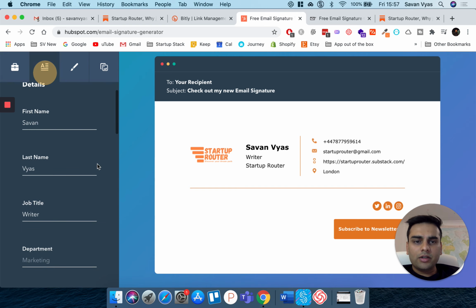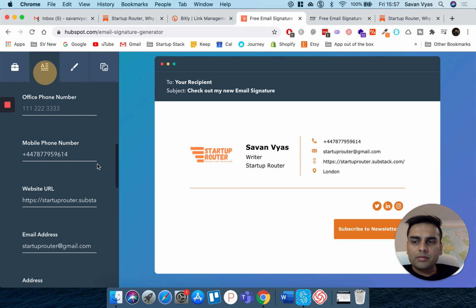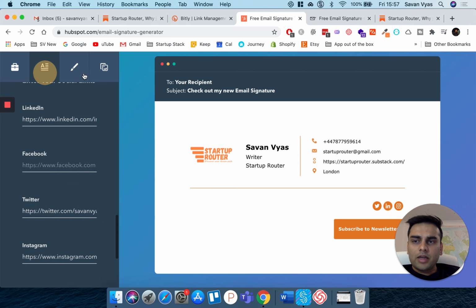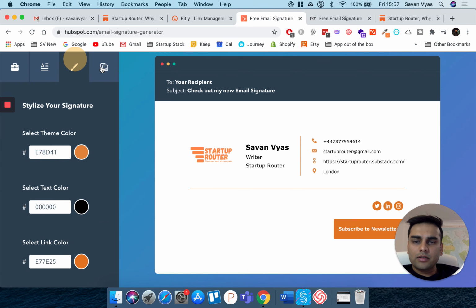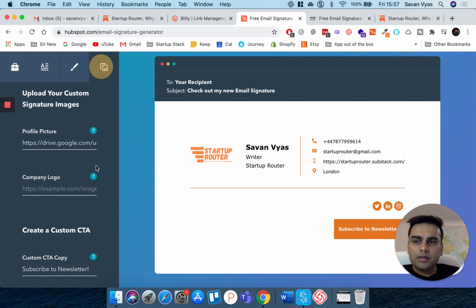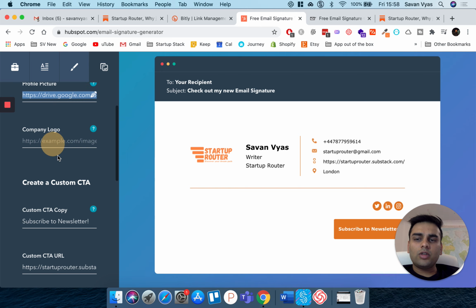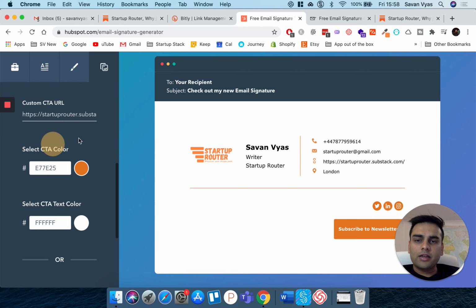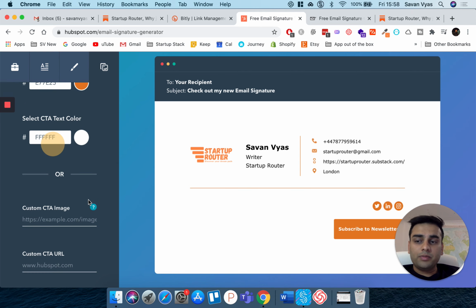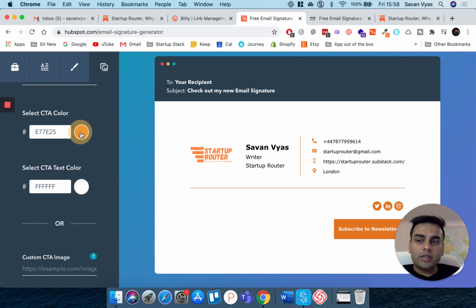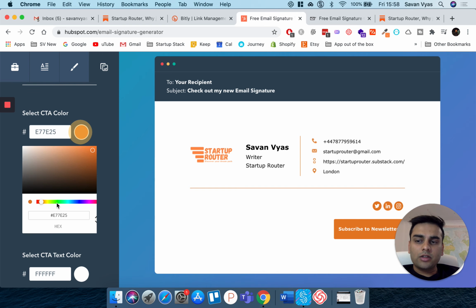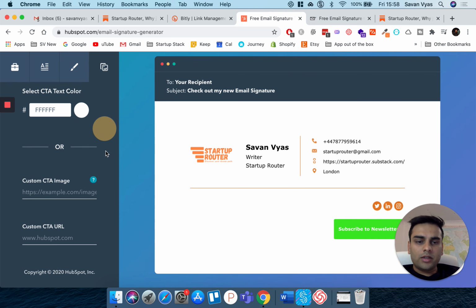Simply edit your text information, and you can also put your profile picture in if you want, using the Google Drive link. So I have put the startup router link on Google Drive. All you need to do is make that link public, and that's all. You can change the colors as well. You can change the colors to any other color you want, and once you are done, all you need to do,